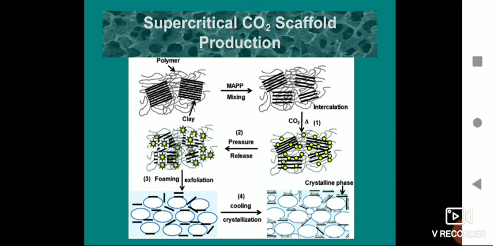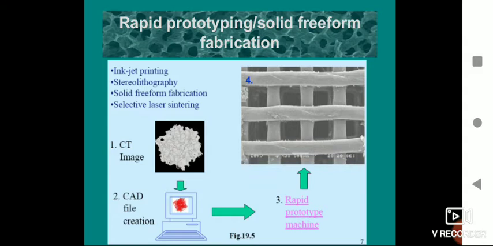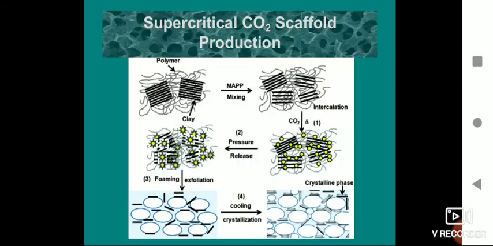Those pore-like structures can then be cooled to fix that structure. Before that it was a loose formation. To fix them at that particular porous structure, you have to cool and crystallize it. In the crystallized state, you can see big pores will be there, and surrounding that, the clay bound with the polymer will be present, leading to formation of a porous crystalline structure. Right? So that was about application of supercritical CO2.